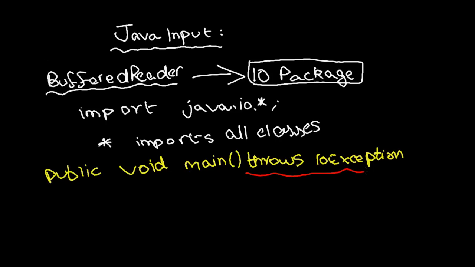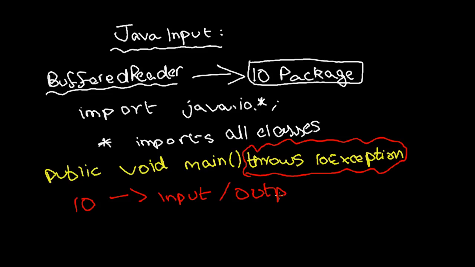Now this throws IO exception. What does this mean? Now what throws IO exception means is, when you're running this program, in the course of running your program that has your buffer reader, if you have any error with the IO, which is input or output, any error with the input output at runtime will be stored as an IO exception. And if there is any IO exception, the program will throw it away. It won't utilize it as such. That's the best way I can explain IO exception to you.